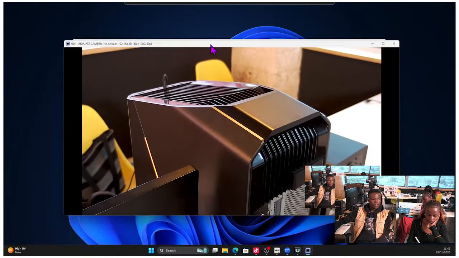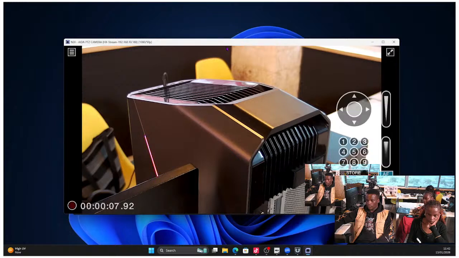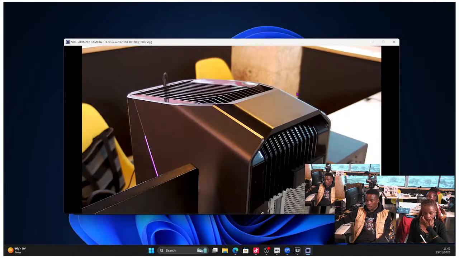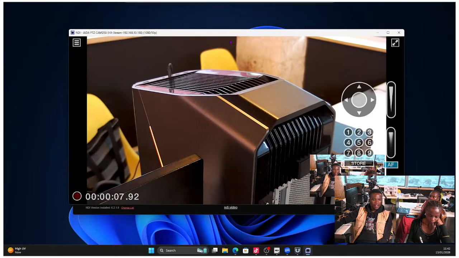Somebody has a question. How can I reduce the speed when I pan and tilt? Maverick: how can I reduce the speed when you pan and tilt? So for you to reduce the speed when you pan and tilt on your camera, you'll actually need to go